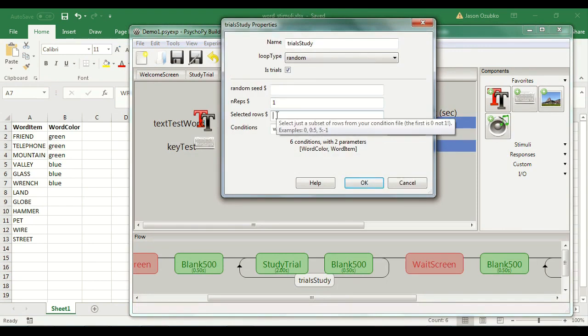If you hover over it, it says select just a subset of rows from your condition file. So if we want our first 6 rows, we want items 0 through 5. Notice what it says when we hover over: the first item is 0, not 1. That means that friend is item 0, telephone is item 1, mountain is 2, valley is 3, glass is 4, wrench is 5. So if we type in 0:5 and click